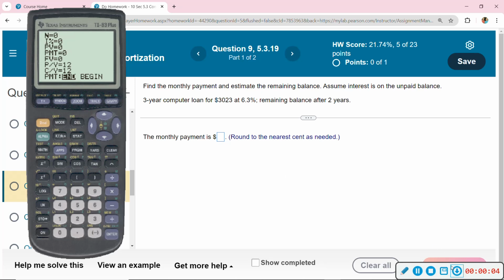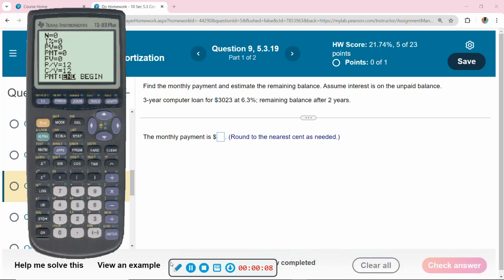I'm working some financial math problems using my TI-83 Plus calculator. This is an interesting problem. It says find the monthly payment and estimate the remaining balance. So there's two parts. First of all,